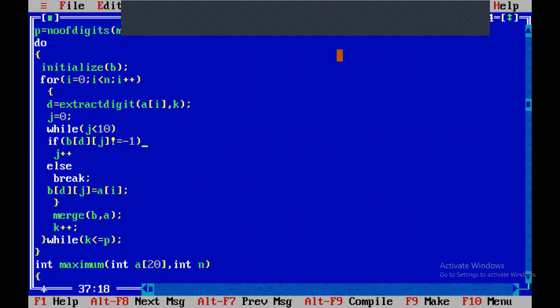This is checking for an empty bucket. For that purpose I have written it. The j value lies from 0 to 9, since we have 10 columns. That's why j equal to 0, j less than 10. We are checking the empty bucket: if b of dj is an empty bucket, it is -1. If it is -1, we exit from the loop. If it is not -1, it will just be incremented. After that, we place the number into the corresponding bucket.